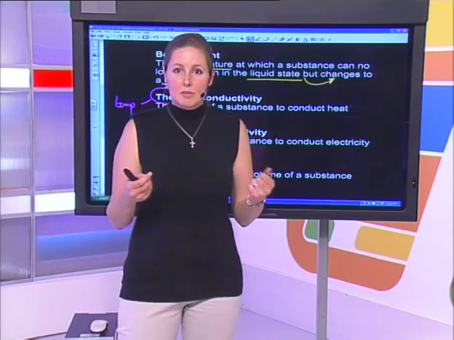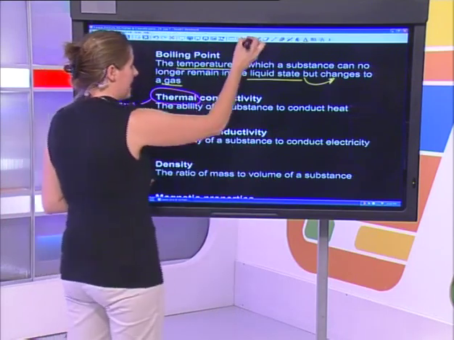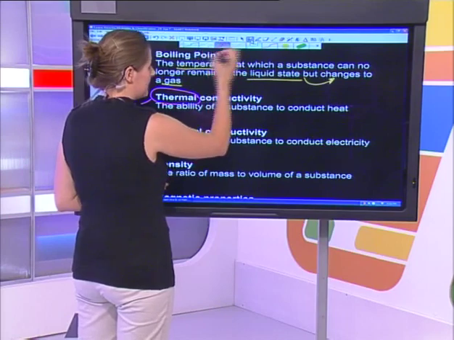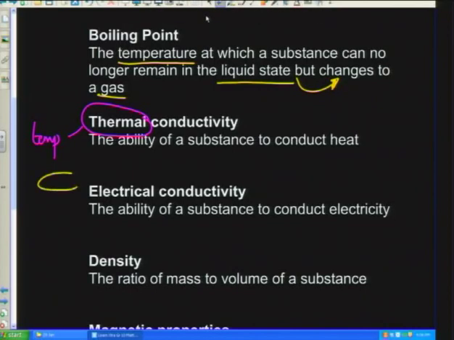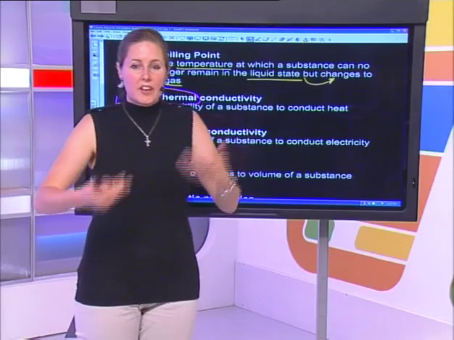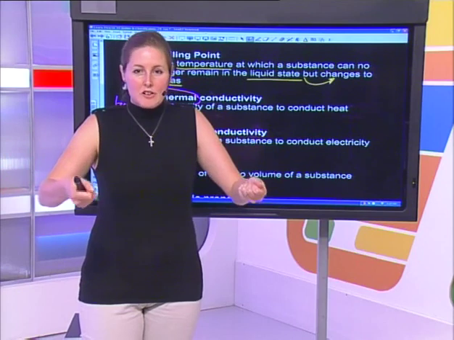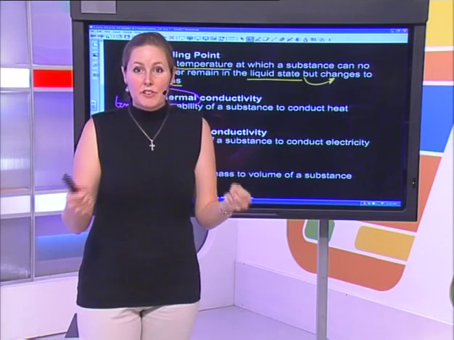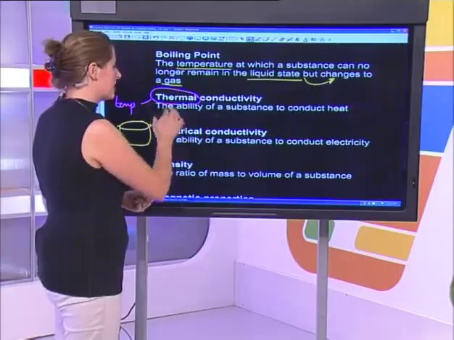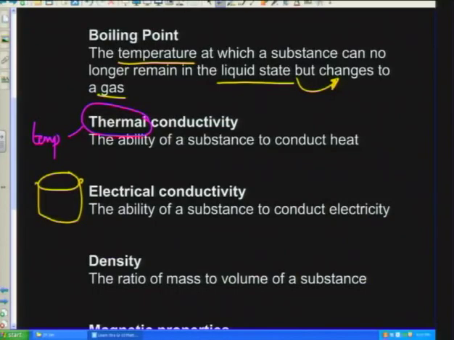Or think of even a metal pot. If you were to take a metal pot, let's draw a yellow pot. Imagine this is a copper pot. And you lift that pot with the handles that are also metal, and it's been cooking on the stove, and it's been making some nice food, and you lift that pot, it's going to feel very hot because metals conduct heat very well. So thermal conductivity is the ability of a substance to conduct heat or transfer heat.